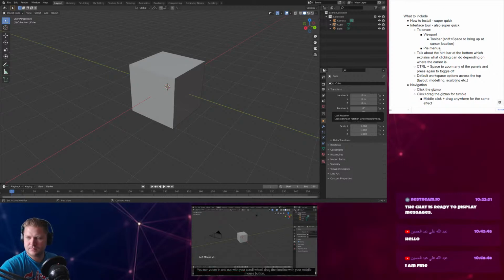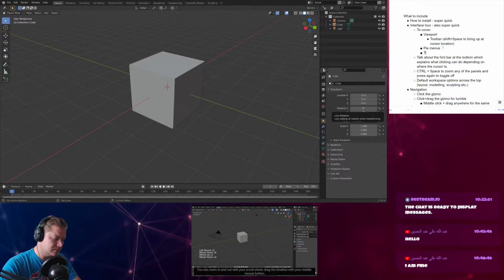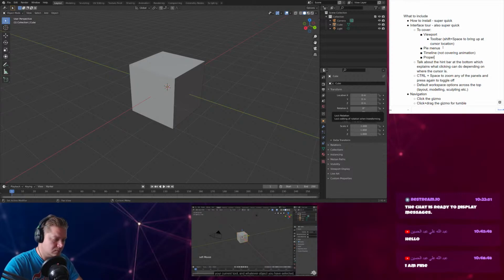You can zoom in and out with your scroll wheel, drag the timeline with your middle mouse button, change the start and end frames for your output, and create and manipulate keyframes, all of which we'll go over in another video. The Properties editor contains several tabs vertically to display the properties of your scene, your current tool, and whatever